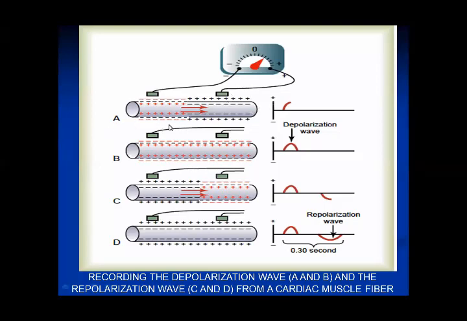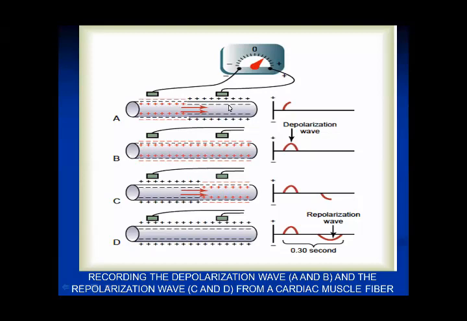The components of this diagram are that this whole thing is a cardiac muscle fiber with electrodes attached to it. One is a negative electrode, and the other one is a positive electrode. Through the electrodes, a voltmeter is attached, right? This voltmeter is attached to the cardiac muscle membrane through two electrodes. Now, what is happening in the diagram?